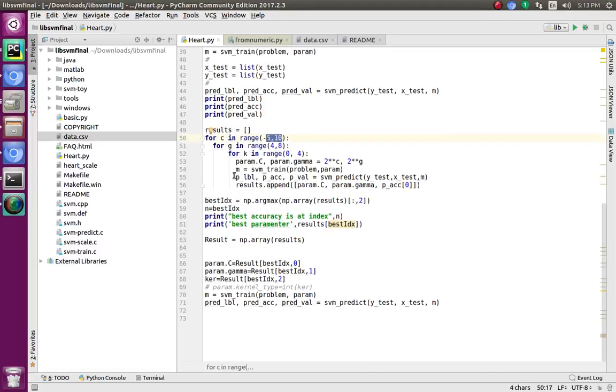And next, after getting the best parameters, I have taken the best index, which contains the parameter values on which accuracy is higher or good. It will pick that index, and after that we have taken the result and put it in a numpy array.